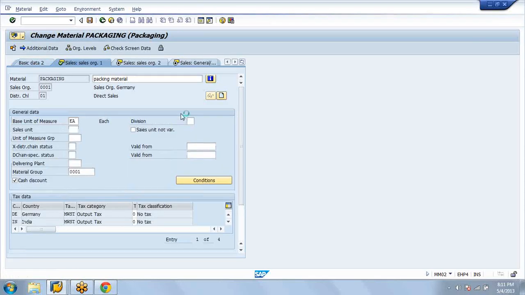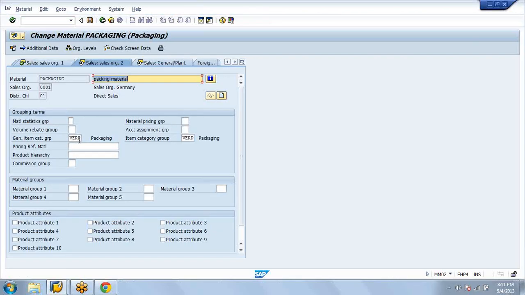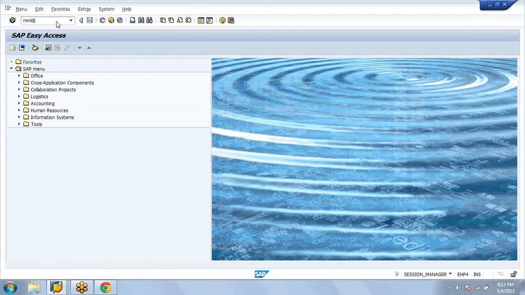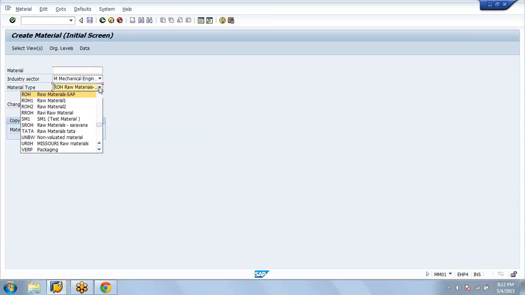You must take care that in standard we have VERP as a material type for creating packaging materials. Okay. So if you see here in MM01, yes, this is the one, VERP. You better take this material type as a packaging material. So